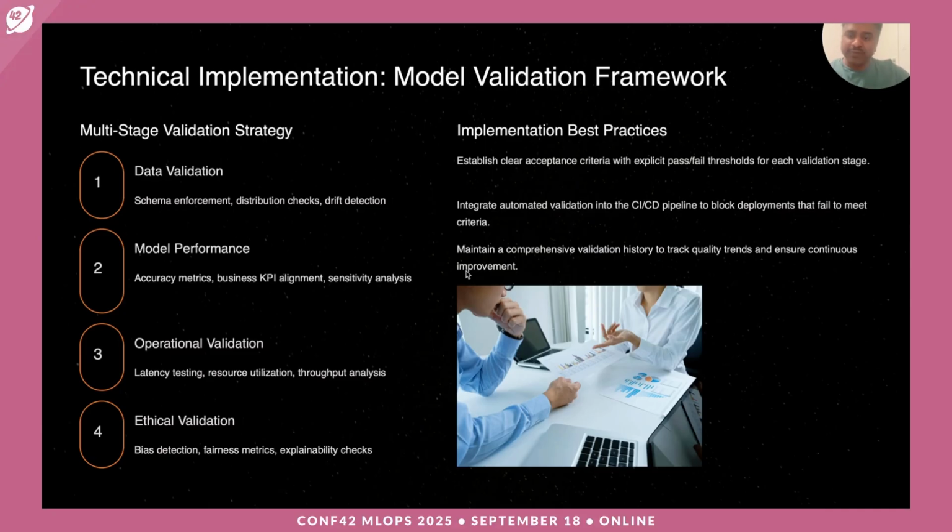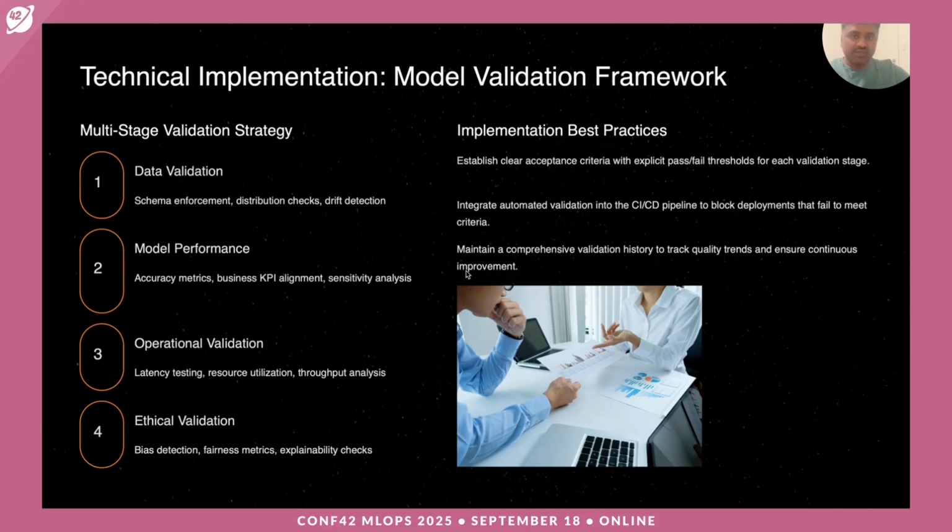It's not only latency metrics; you also look at resource utilization, throughput analysis, all that good stuff. And the last thing I want to touch upon is ethical validation. Is there any bias coming out of this model? That is one side of the things we need to validate as well. Are the responses consistent, and are they fair? That is also an extremely important metric we need to capture or test our models against.